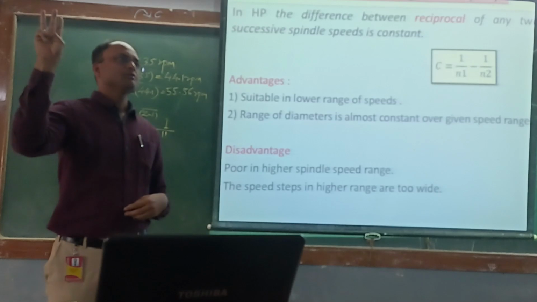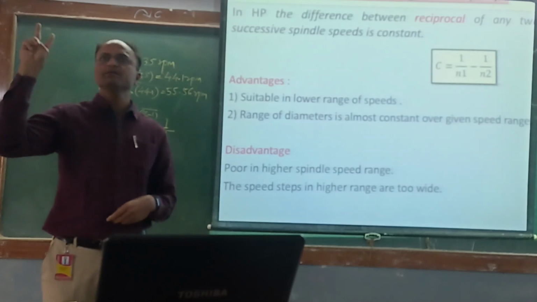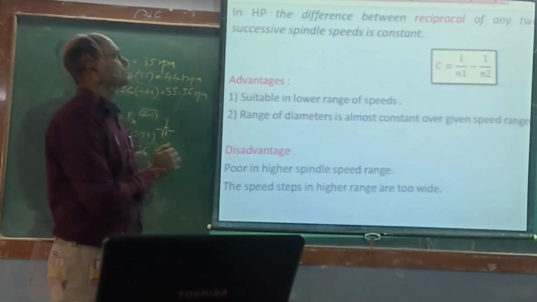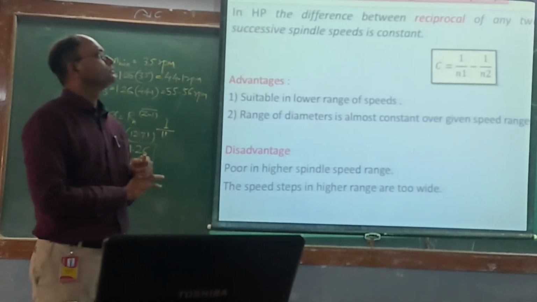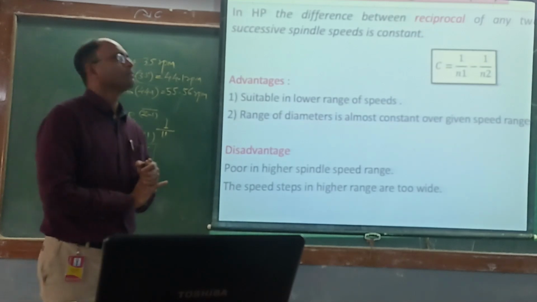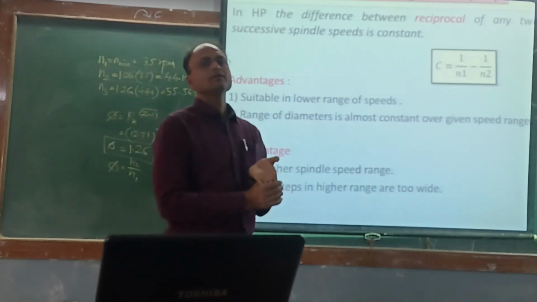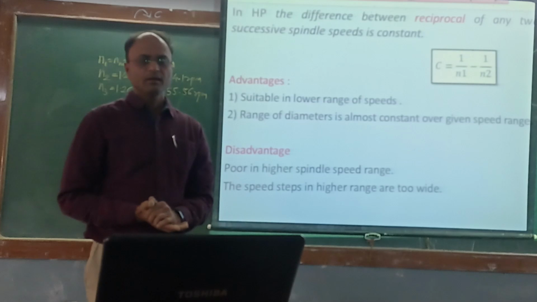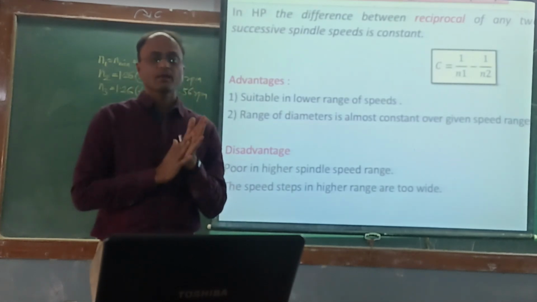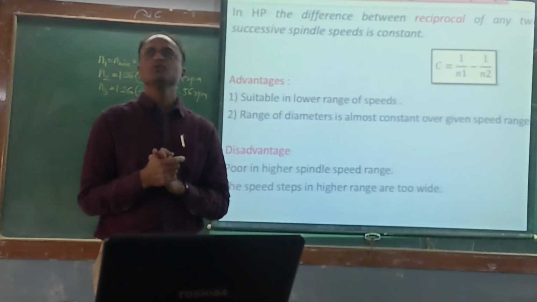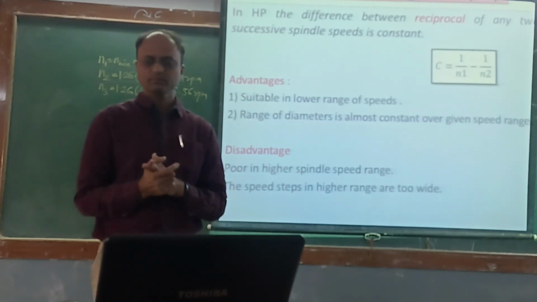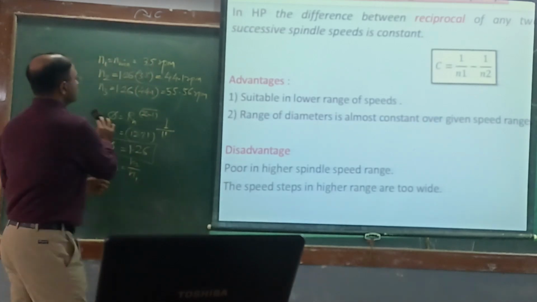There are three types we studied. First is arithmetic, second is geometric, and third one is harmonic, that is HP, harmonic progression. Difference between reciprocal of any two successive speeds is constant. Okay, so what it says,